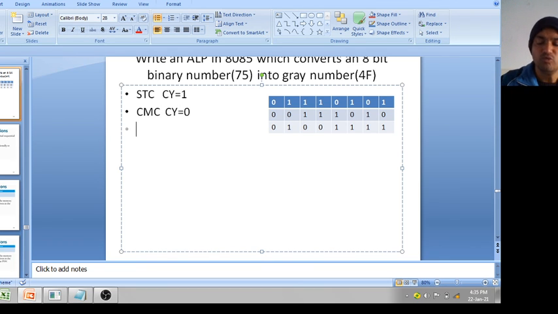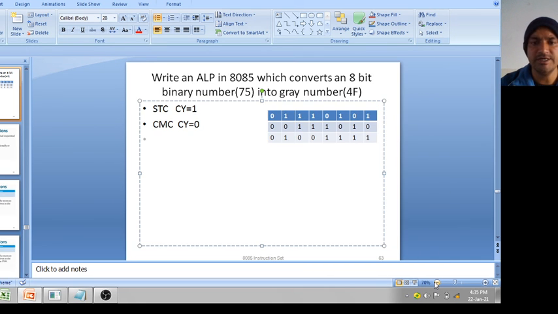Now move the data from 2050 memory location. So LDA 2050 means value of A is 75. Now move in temporary register B, MOV B, A. Now again value of B and A are 75.